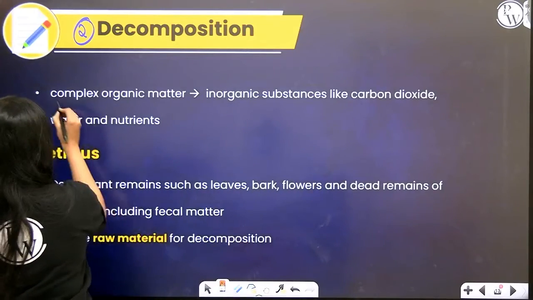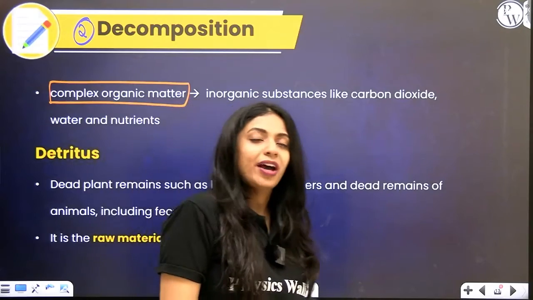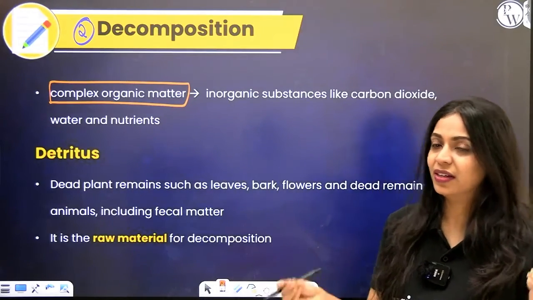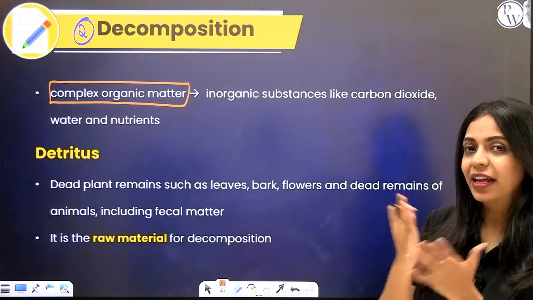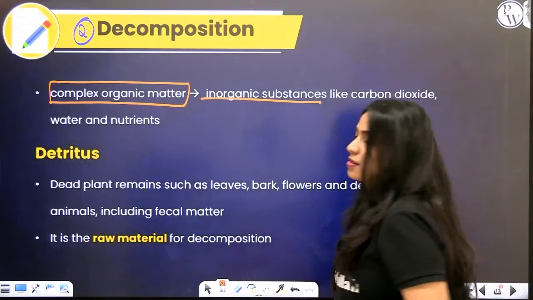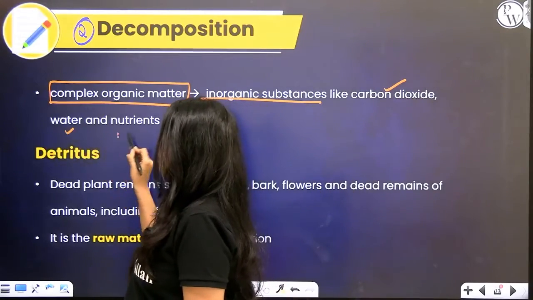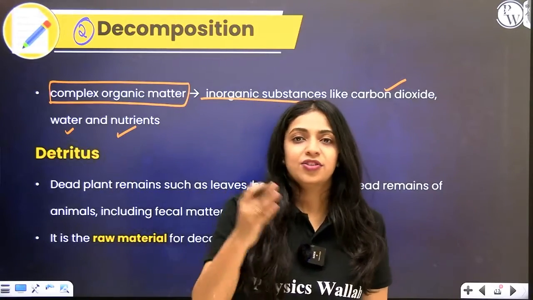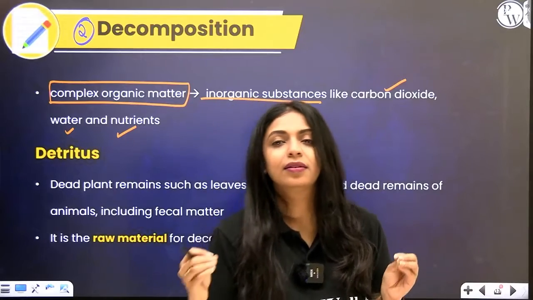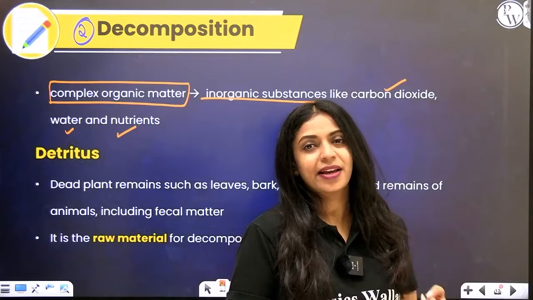It is the process by which complex organic matter, it could be carbohydrates, proteins, or nucleic acids, these complex organic matter present in living organisms, get broken down. Broken down to produce what? Inorganic substances. Like what? Carbon dioxide, water, and mineral nutrients. So complex organic matter gets broken down, and it forms simpler molecules like carbon dioxide, water, and